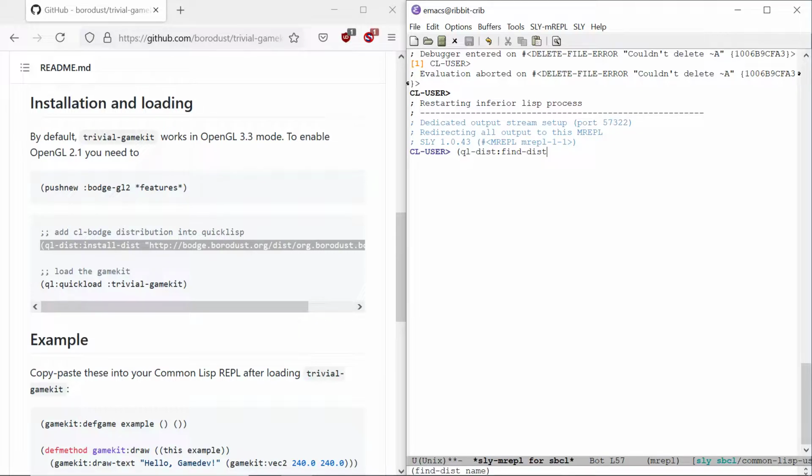Do I? The other one told me that though, right? One more time, let me do this. So, oh, it did take it out. Never mind, it's gone. And then the Quicklisp trivial gamekit is already installed, so